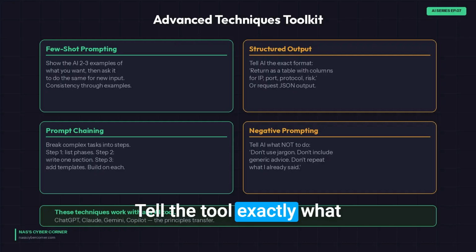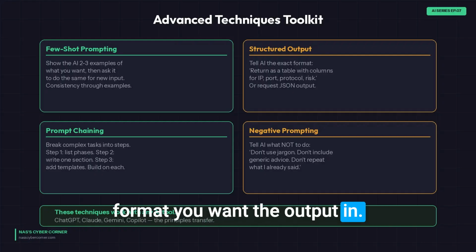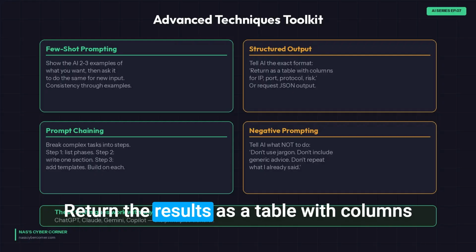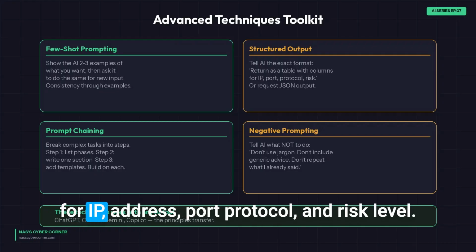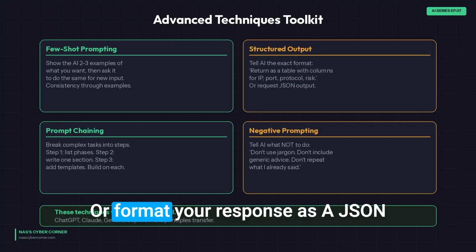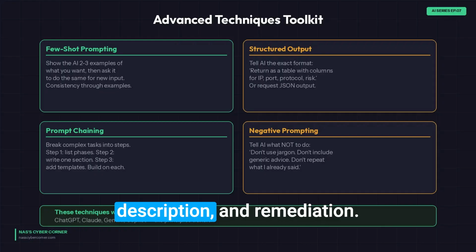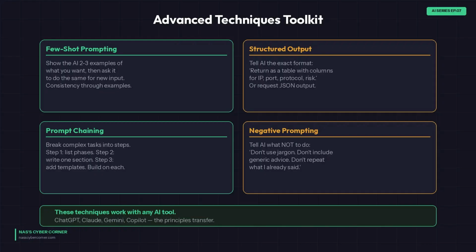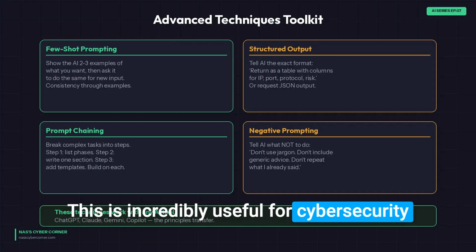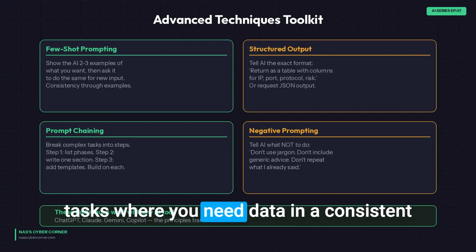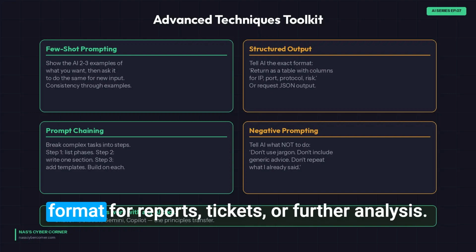Tell the tool exactly what format you want the output in. Return the results as a table with columns for IP address, port, protocol, and risk level. Or format your response as a JSON object with fields for title, severity, description, and remediation. This is incredibly useful for cybersecurity tasks where you need data in a consistent format for reports, tickets, or further